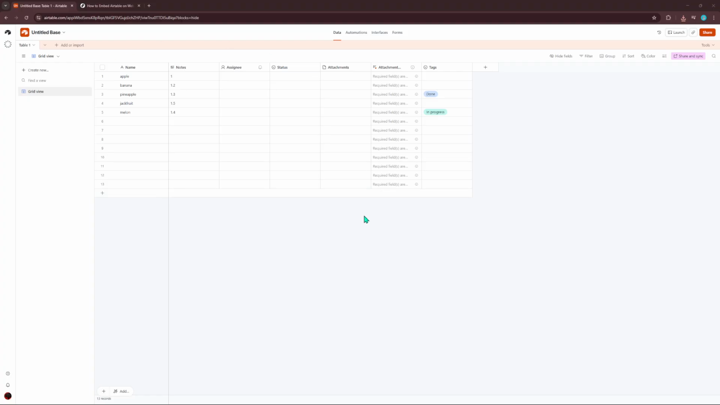It could be a grid, gallery, Kanban, or calendar, whatever best fits your content. Before you share anything, take a moment to tidy up the view. Hide any fields you don't want public, apply filters to limit what shows, and set your sort order so the most important items appear first. Remember, what you see in this view is what your visitors will see, so a quick cleanup now saves you